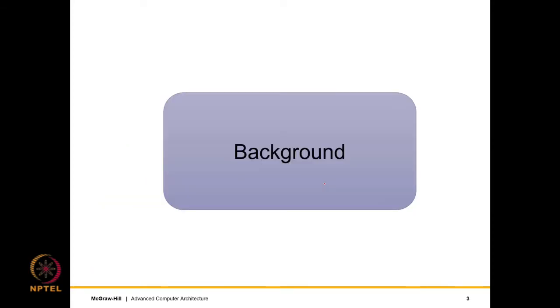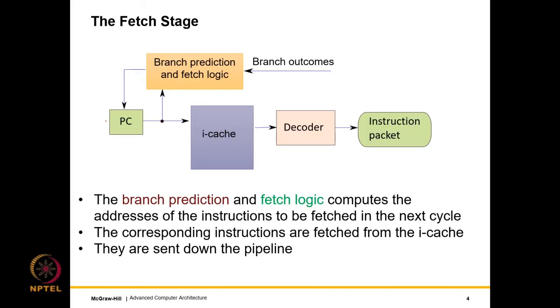So first, a brief background. Let us look at the relevant part of the pipeline that discusses the fetch logic. The crux of the key state element that captures the fetch logic is the program counter, the PC. This points to the next instruction that needs to be fetched from the iCache. In a RISC instruction set, the size of each instruction is fixed. It is typically either 4 bytes or 8 bytes. For the sake of simplicity, let's assume it is 4 bytes. Then in this case, the addresses would be like this: PC, PC plus 4, PC plus 8, and so on.